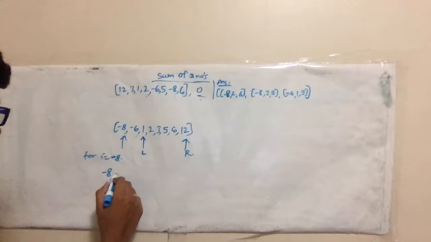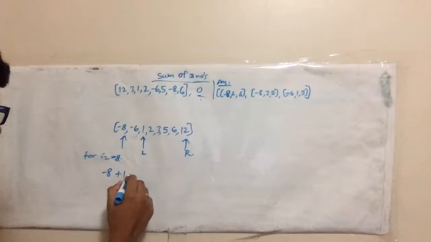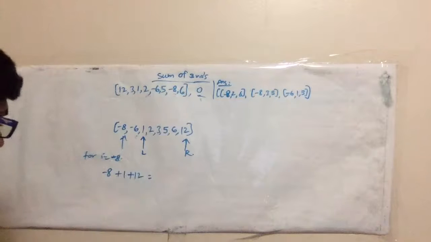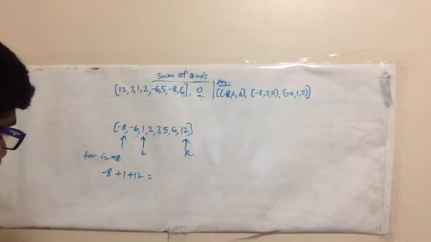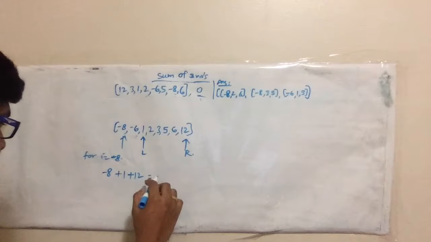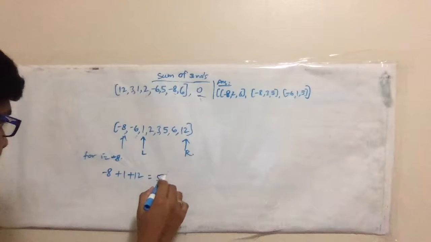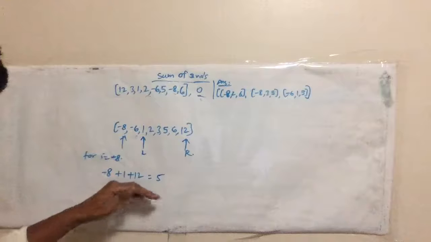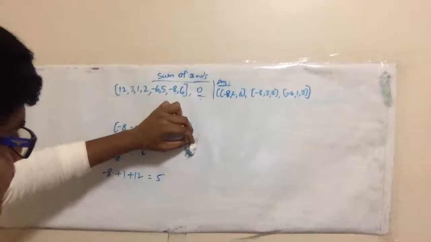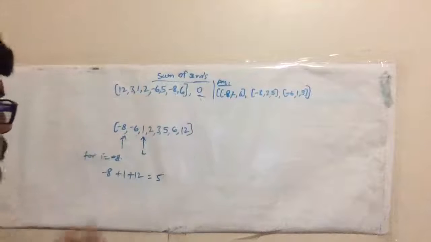Previously it was -6. Now it is +1 +12. That is -5, right? -5 or +5, +5. So this is +5. So it is more. So what you need to do? You need to reduce the sum by just moving